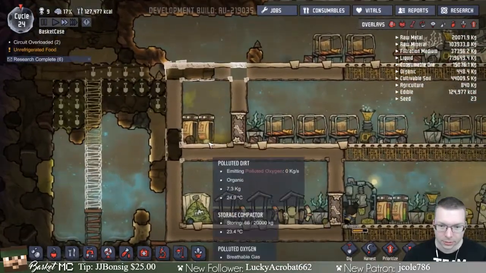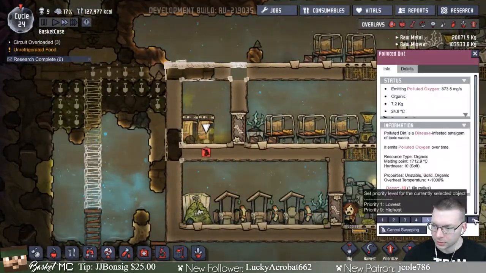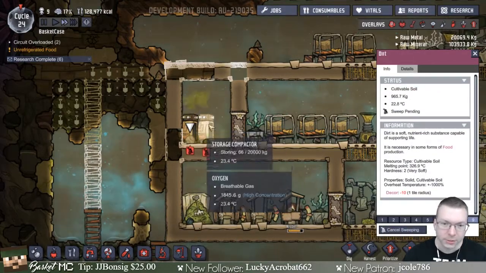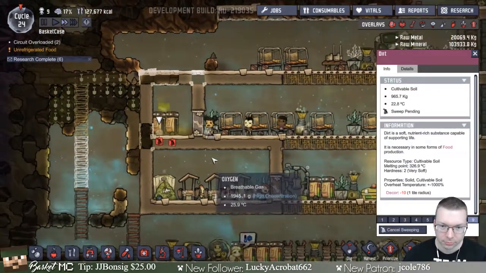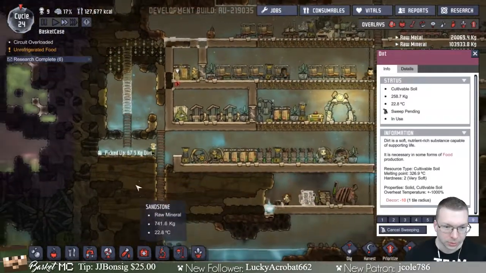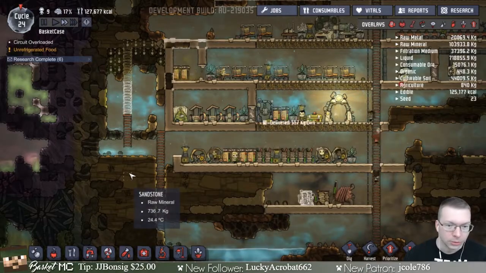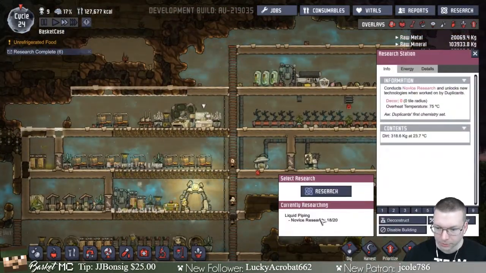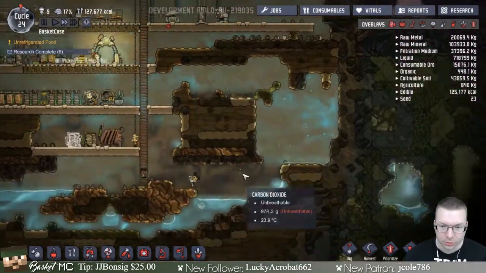This area is not great. I would like to have these guys clean up the stinky stuff. I mean, this is a stinky closet anyway, so it's basically fine. But I feel like they should do compost and things like that. Okay, I think we want to... Are we researching? We are researching. Piping, right. So once that's done, we can start trying to pipe around